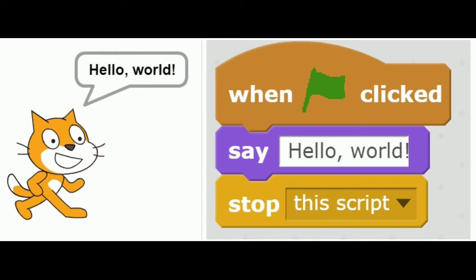So a sprite is a cartoon character and it is present in an area known as the stage. When you open Scratch, the first thing that appears on the stage is a cat sprite. Scratch has a library in which there are some built-in sprites. You can either use these sprites, or draw your own sprite, or use an image as a sprite.